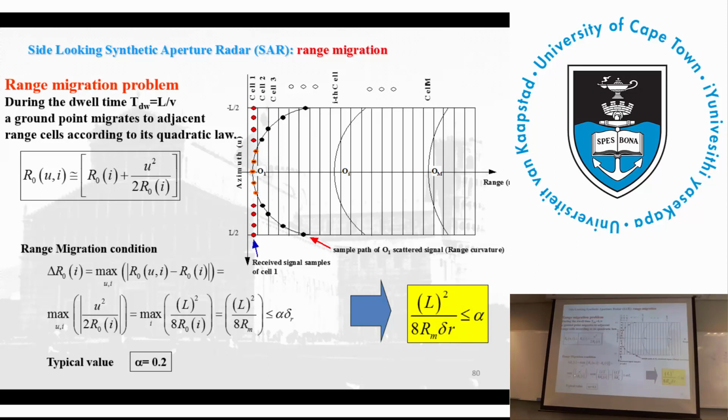So if you do that, U becomes L divided by 2, so you get L divided by 2 squared, divided by 2R, and you get this term here. Now what I want to use as a limit is for this term to be less than a percentage alpha of my resolution cell. I may put alpha even equal to 1 if I want, but that would give me a total loss in terms of